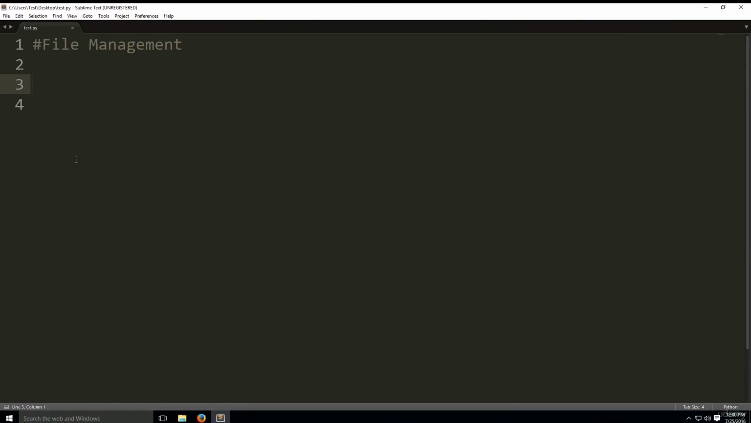Now let's talk about file management. To start off, we're going to learn about how to open a file. So first, we're going to start off by making a variable called file, and then we're going to set it equal to